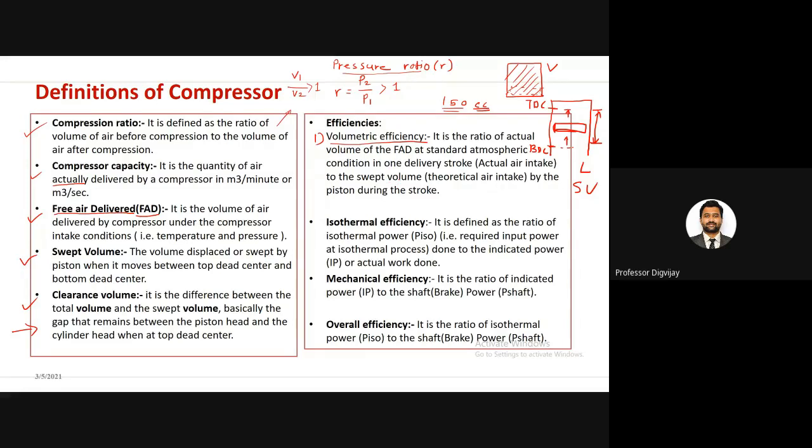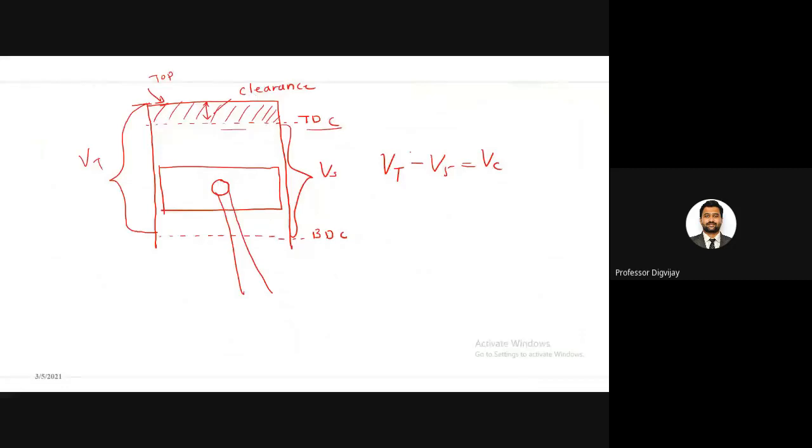Okay. First, I will tell you what it means. Then we'll again read the definition. See what it means here. Theoretically, it is assumed that piston will deliver only this amount of air. Whatever difference between TDC and BDC, TDC meaning top dead center and BDC meaning bottom dead center, it is theoretically assumed that the piston delivers only that much air volume.